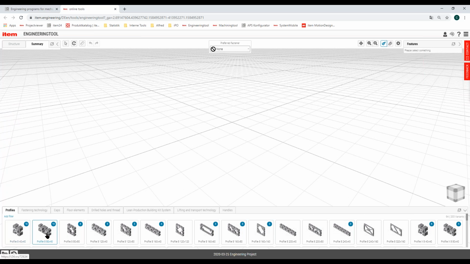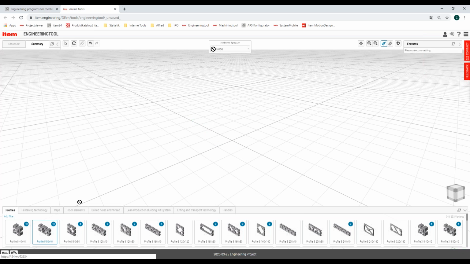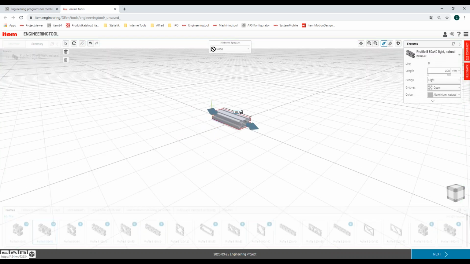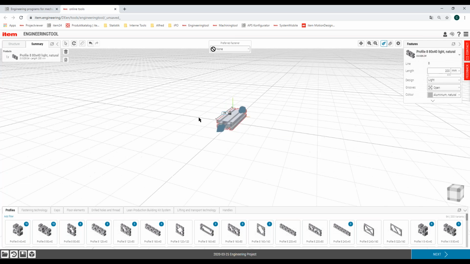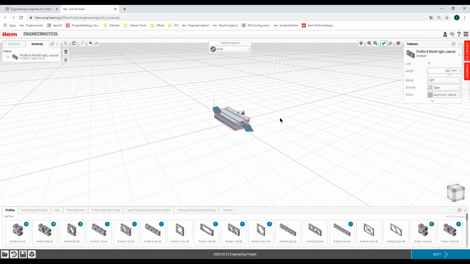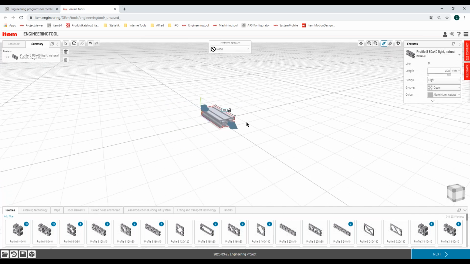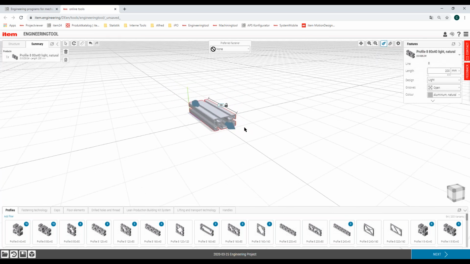Now, so that you can see something, I will import the first profile just by left-clicking on the profile, or I can as well drag and drop the profile into my scene, which is much more useful. And now, when I click with the left mouse button into the 3D scene, I can rotate our view. With the right mouse button, I can pan. And with the scroll wheel, I can scroll in and scroll out very easily.